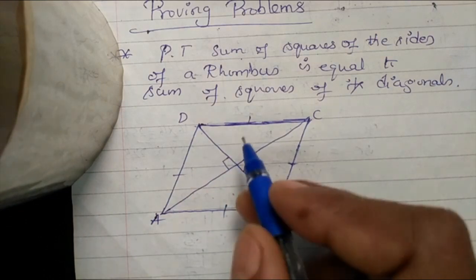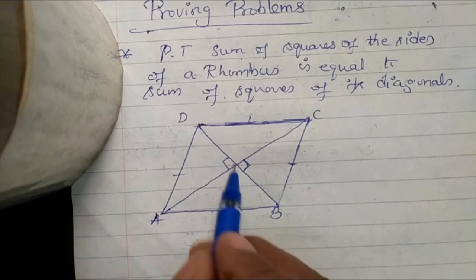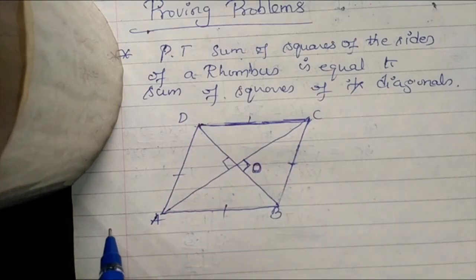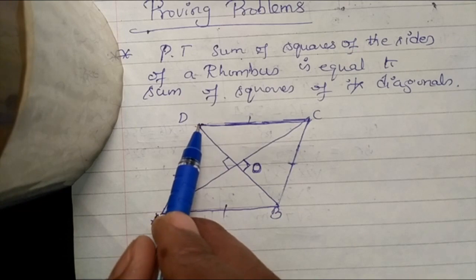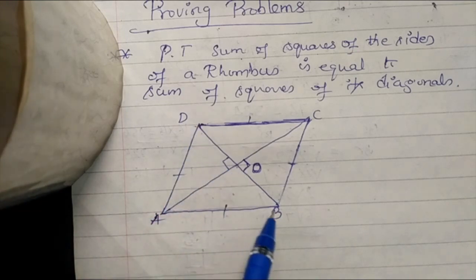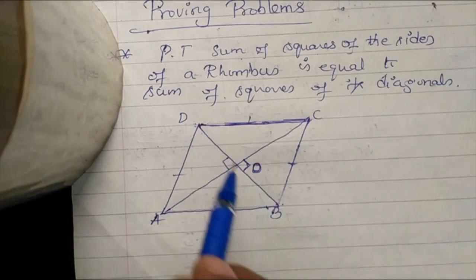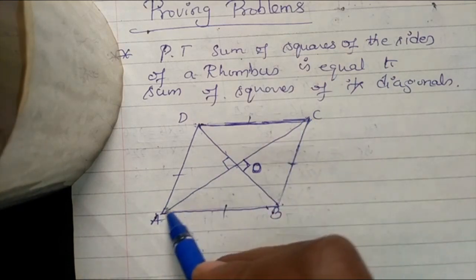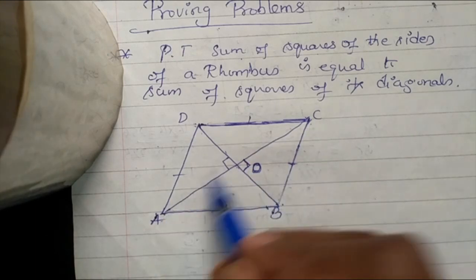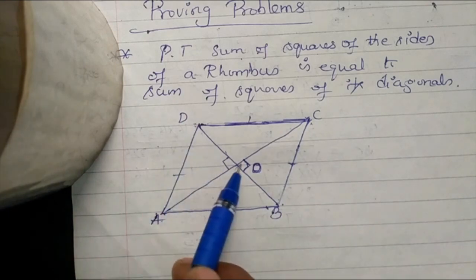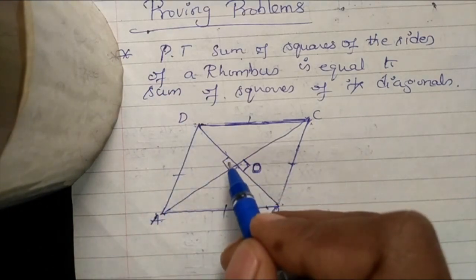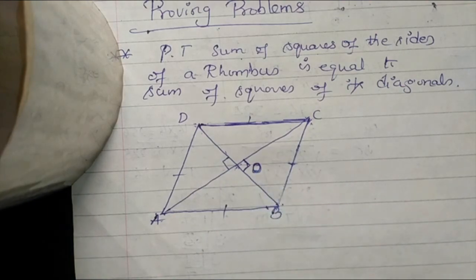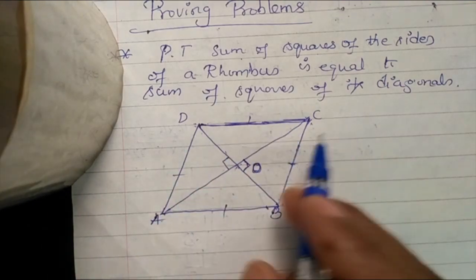So diagonals bisect each other. I mean, you name this diagonal intersecting point as O. So D to O, what length is there? Same length O to B. That means DB diagonal is bisected. Bisected means that diagonal is divided into two equal parts. What about the other diagonal? The other diagonal is AC. AC is also divided into two equal parts. That means AO equal to OC. A to O, O to C, both are equal. D to O, O to B also equal. And one more thing is the angle between diagonals is 90 degrees. And all four sides are equal.